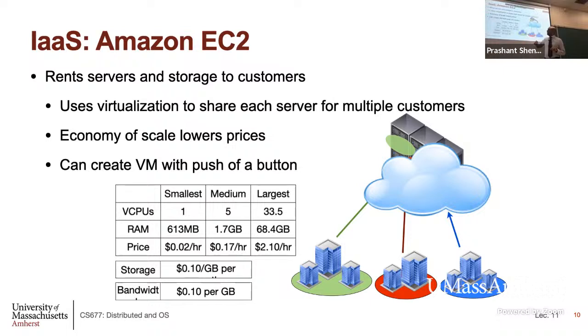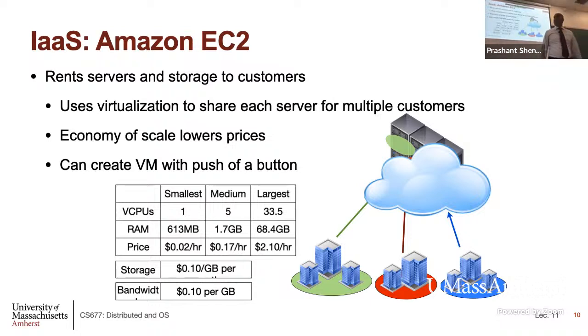Okay? You'll see they have different amounts of RAM, but more importantly, you can look at the price to rent these VMs. Okay? The small one is basically pennies every hour. The large one here is $2 an hour. Okay? So depending on how many hours you run, at the end of the month, you'll get a bill saying you had these many VMs, this VM ran for these hours, the other VM ran for these other hours, and they'll basically charge you based on whatever size VMs you had.